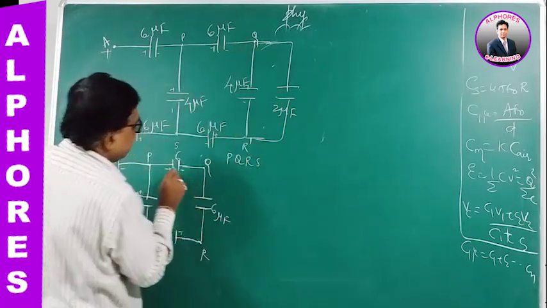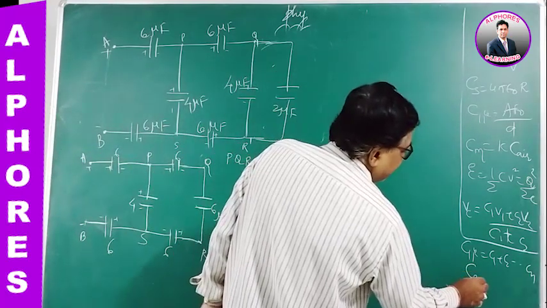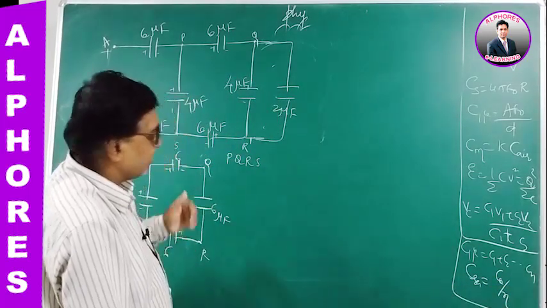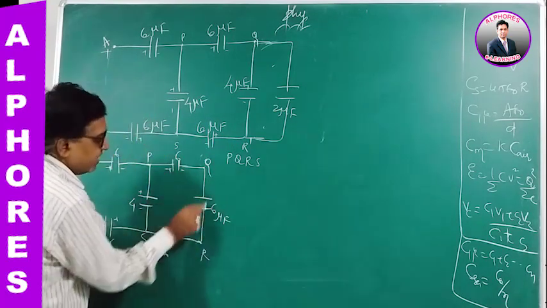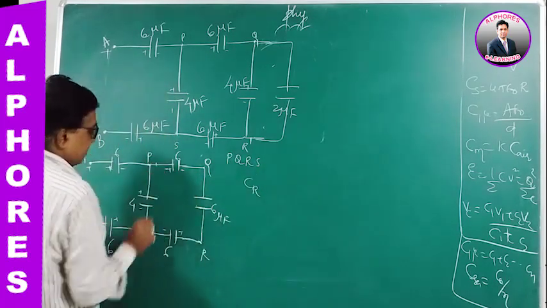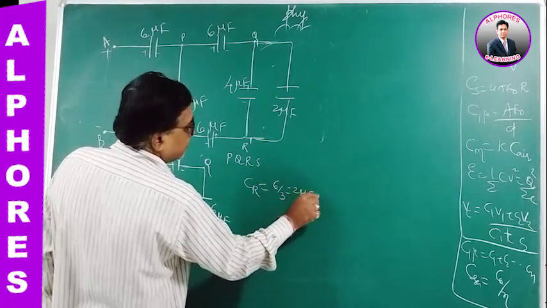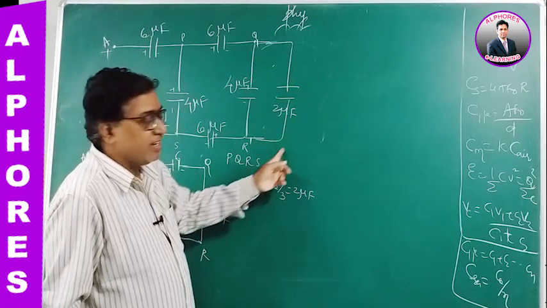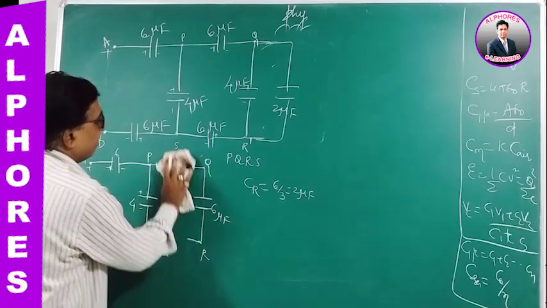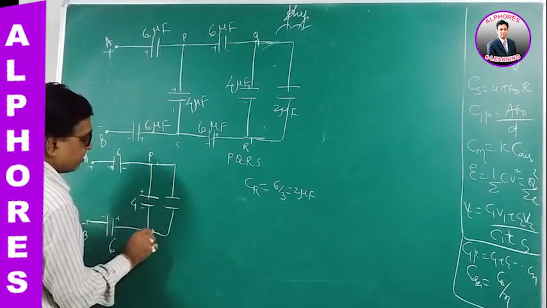Now these three are in series, with 6 each. When n identical capacitors are connected in series, the resultant is C0 by n, as I said. So these three in series, 6 each, the resultant capacity between this point and this point is 6 by 3, again 2 microfarad, same as the earlier one. So I can remove these three and replace them with an effective capacitance of 2 microfarad.